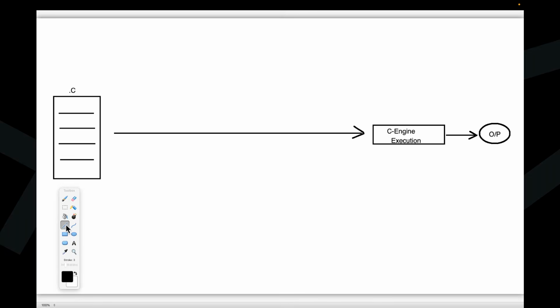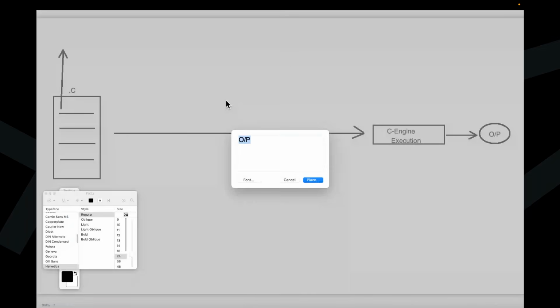Nice. Okay. The developer has written that C program by using the C programming language. That means the developer is able to write that program in his understandable language. The developer or programmer has written that program in his understandable language. That understandable language is what? A high level language.